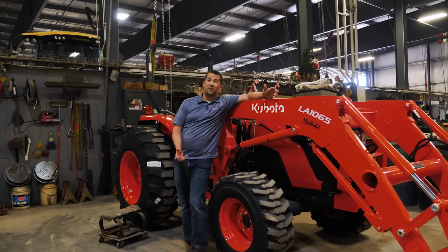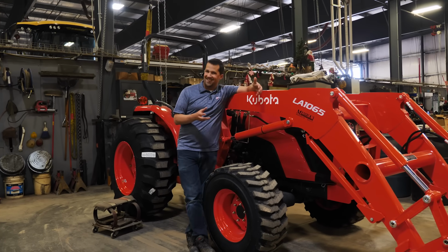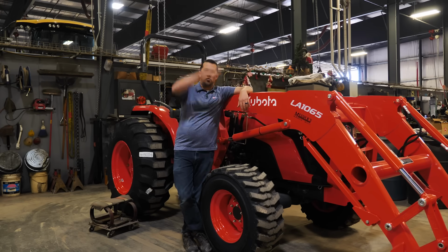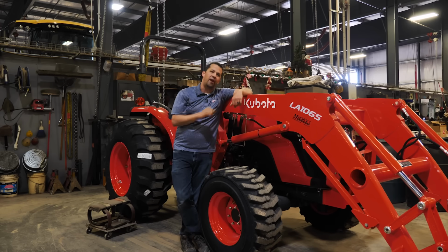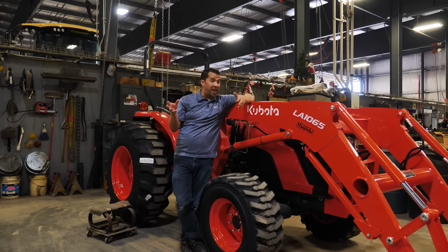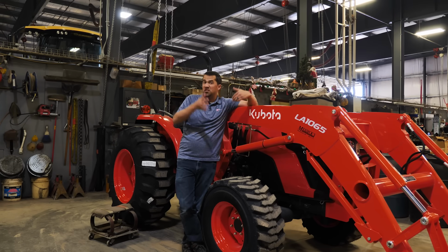So we're standing here in our service shop where a lot of this prep work gets done. You have to keep in mind when you come into a shop like this, our business is quite seasonal. We're a lot busier in the springtime than we are in, say, February. And for that reason, you're going to find that service shops don't staff for a peak, right? You kind of staff at an average level throughout the year. It's not unusual when you come into springtime for there to be 20, 25 tractors waiting to be prepped and brought through a shop. That means every technician generally is going to have 5, 6, 7, 8 machines queued up